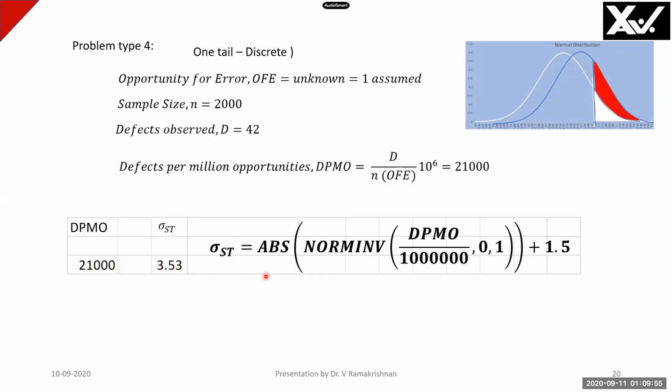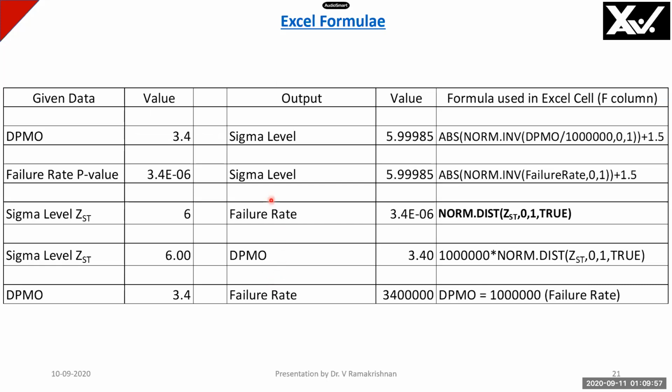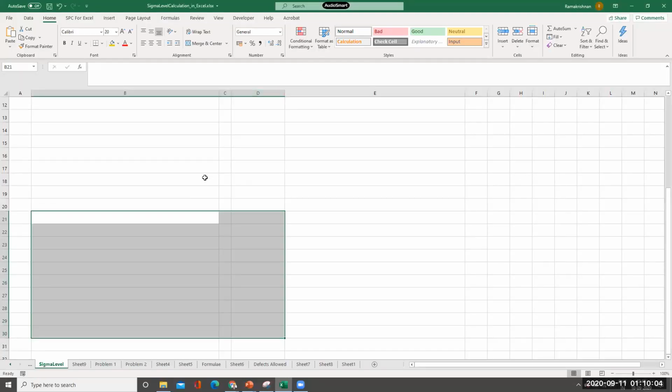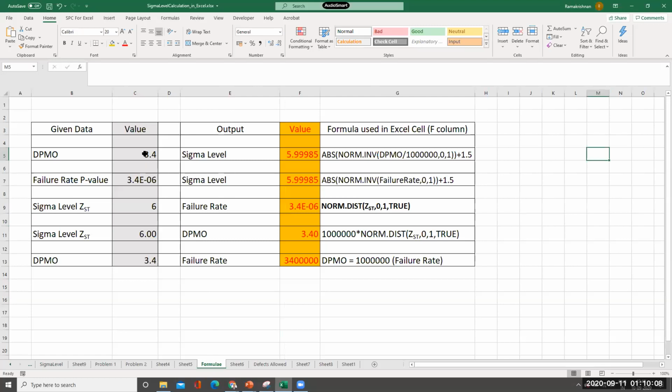We will see whether there is an Excel formula. We will go there and see here. Control L I'll put. I'll just go to this Excel formula and see this formula here. See, I put DPMO, right? Defects per million opportunities. 3.4 I put here. I'll just put 10,000. So this is 3.82. Sigma level is 3.82.